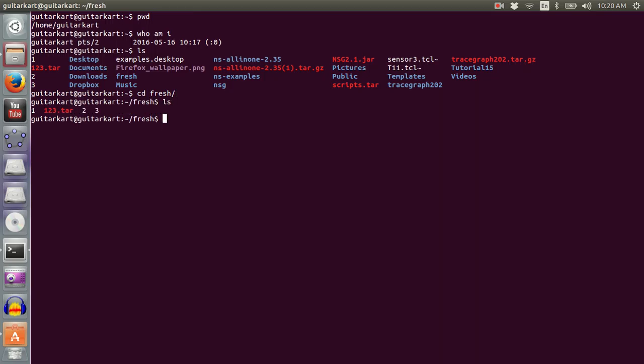Again, I'll look at what is in the fresh folder. Now, moving out of the folder, you need cd dot dot, beg your pardon, it's cd space dot dot. And once you have moved out of the folder, the next command would be to make a new directory. So for that you need mkdir and then any directory name. Let me say